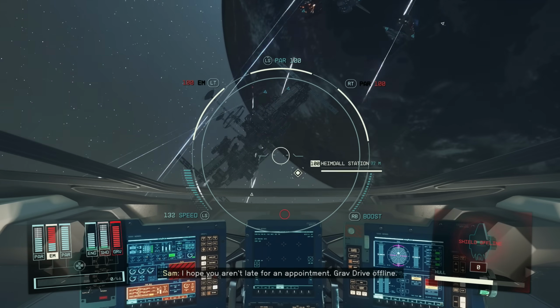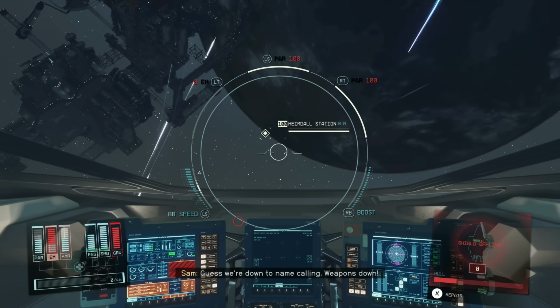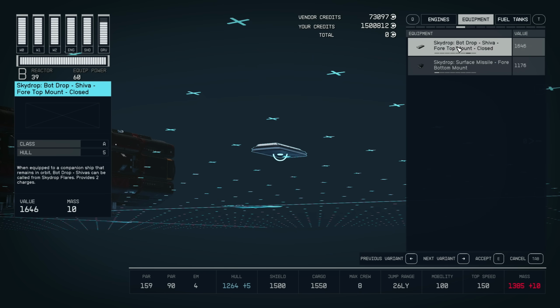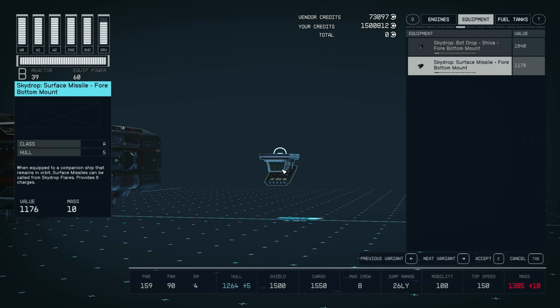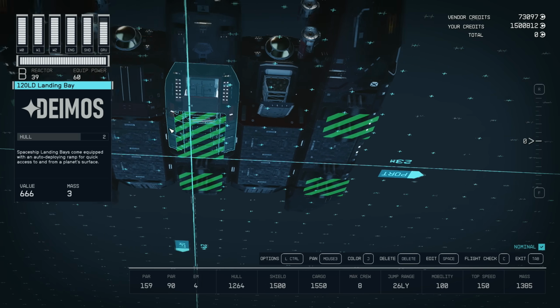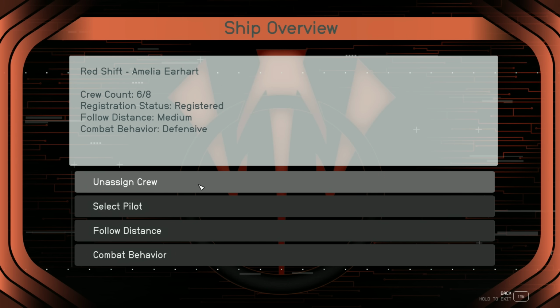I'm sure the developers will fix that bug fairly quickly, I'm guessing, because it does seem pretty important, but I thought I needed to mention it. The mechanics behind forming a fleet are relatively straightforward, and the mod does a good job explaining most of them to you. However, when it comes to the little details, going into the ship, assigning crew, assigning a pilot,